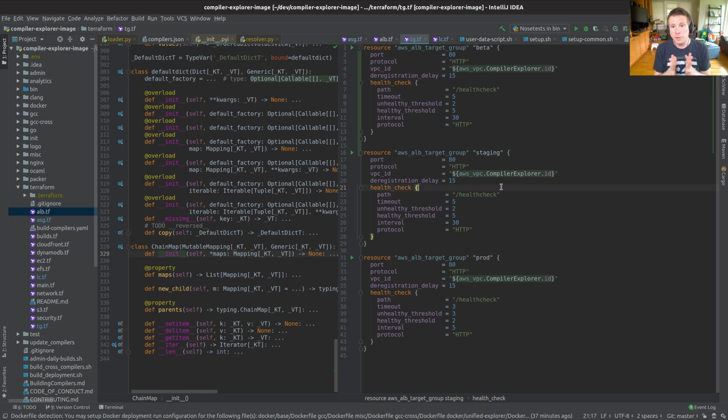But anyway, a target group is a bunch of machines that are potential endpoints for the load balancer. We need to say what port they're listening on, what protocol we can talk to them on. And we have delays about how they join and leave the target group. And there's a health check, which allows the target group system to determine whether or not a node is actually okay to receive traffic. And so I'm just copy pasting from all the other places here.